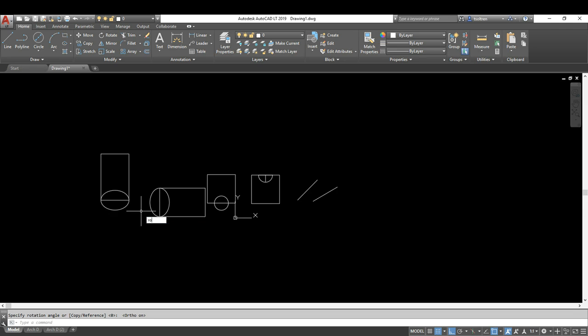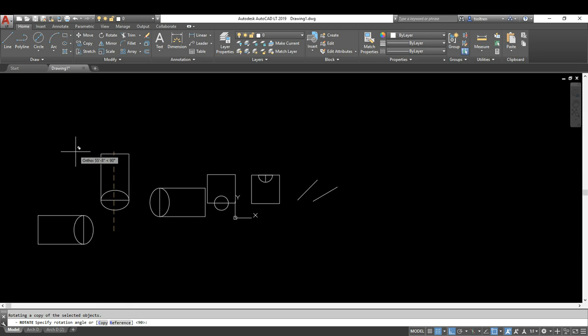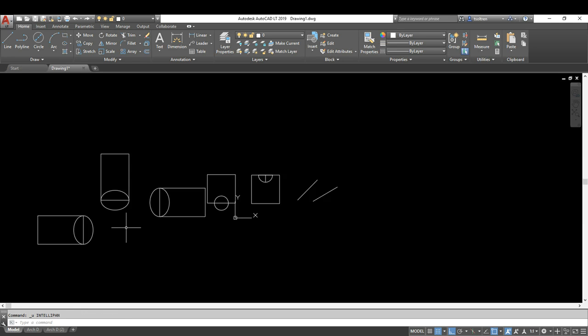RO is our shortcut command for rotate. Select our objects, left click once, left click again, right click, pick the base point of rotation, and let's hit copy. And now another thing I'm going to do is hit M for multiple copies. Let's see if that works. Nope, it did not work. Let's try that again. Control Z,